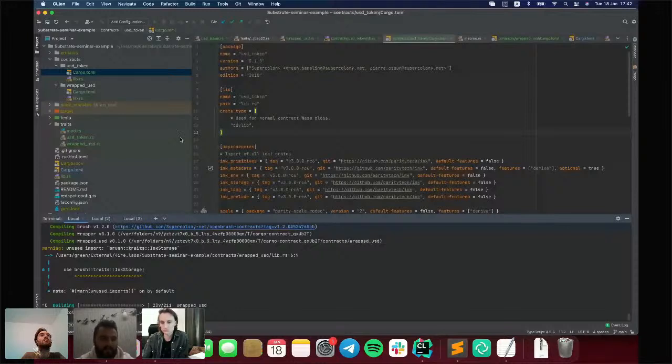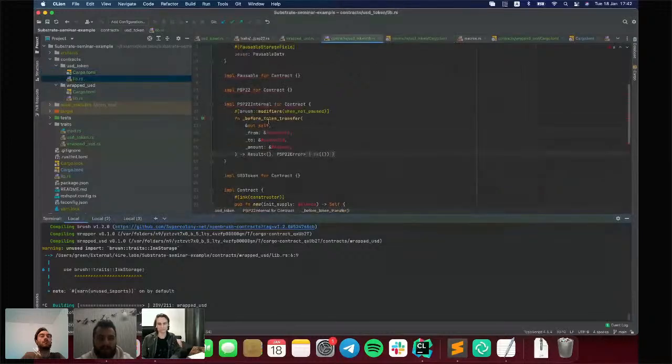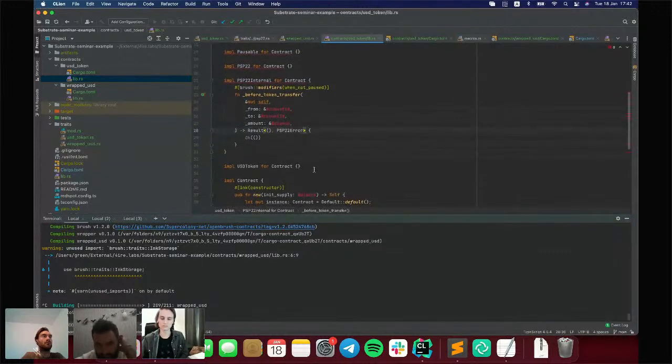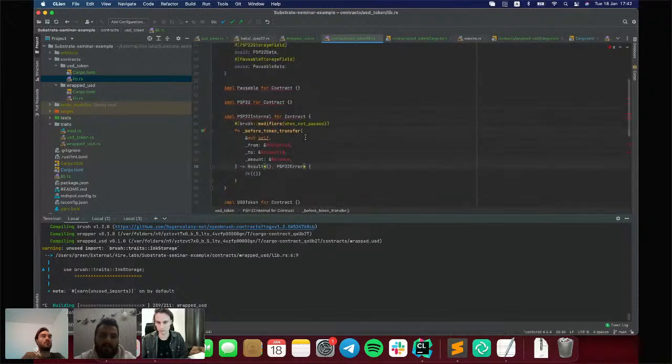So, for example, like we did here in the USD token, users are able to customize any function defined in the trait. So it is called that in terms of a library. It is why we decided to do that. And also we decided to use traits because a trait is like an interface.